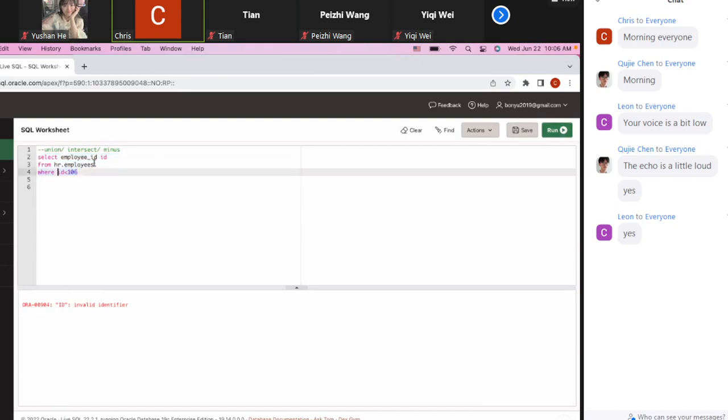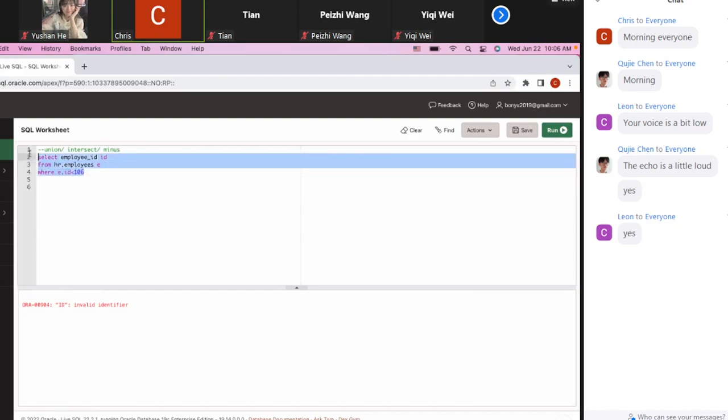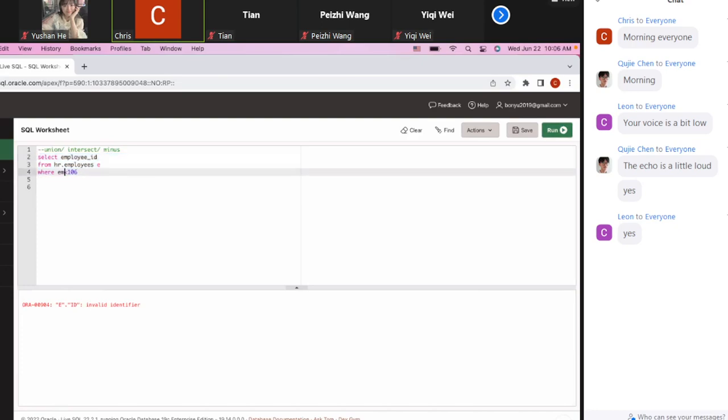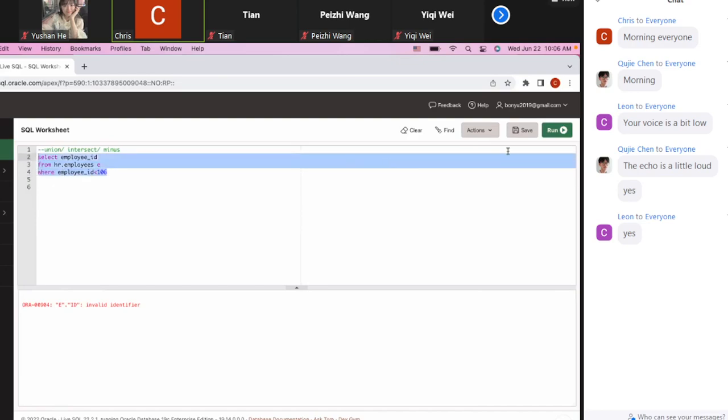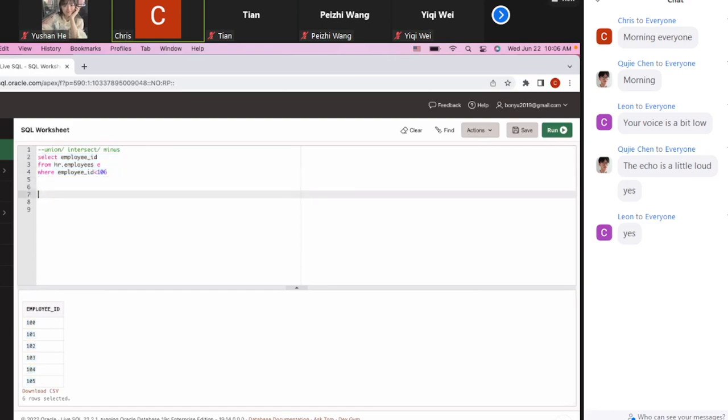Can I do like this? I think maybe I should just write down the whole name. So now I select the employee ID from 100 to 106. And also in the next select statement, I can select